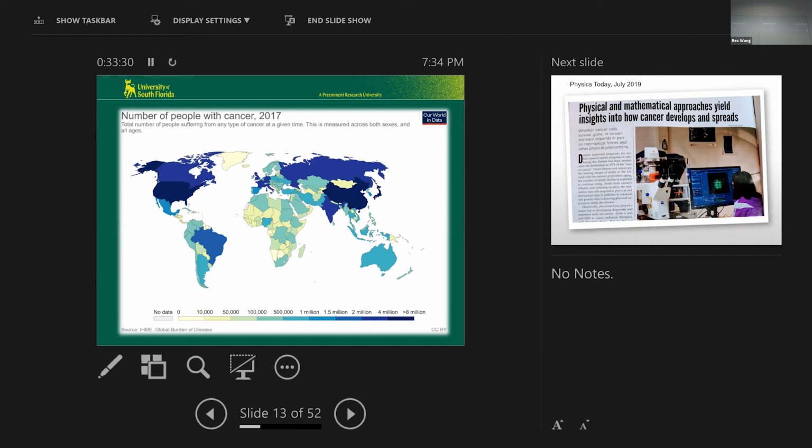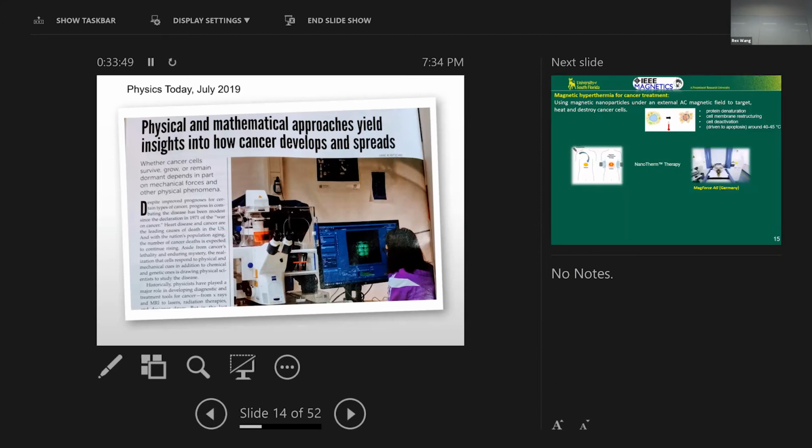No, we can actually contribute to this. This is a highly interdisciplinary area. The physicists, chemists, and biologists as well as engineers can work together towards cancer therapy. There are programs, specifically in the United States, I'm sure in Australia too, that promote this interdisciplinary approach for cancer therapy. Just to illustrate this point, I'm showing you an article from Physics Today, July 19, 2019,